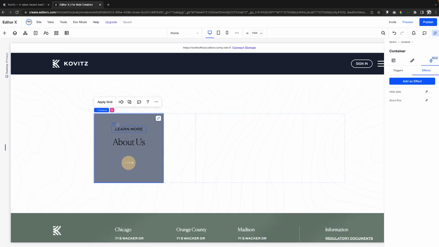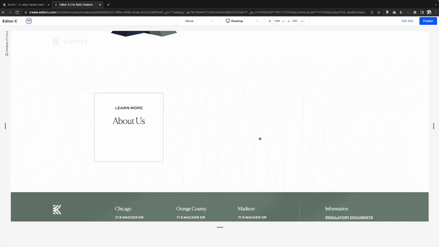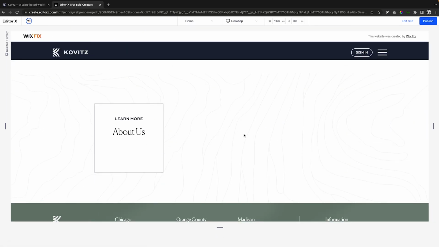So now what we need to do is, with this container selected, we'll come over to the inspector panel. We'll say overflow content. We'll say show. We'll change it from show to hide. Just like that. So now we should have something that looks like this,